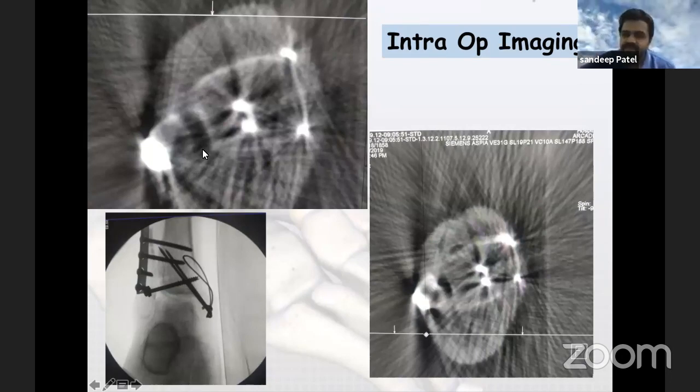So we have the facility of intraoperative CT scan, and this is an intraoperative CT scan, and we can see how congruent the syndesmotic reduction is. So this is once we achieve the syndesmotic reduction, we go in through a CT scan and confirm that the reduction is good, and then we pass two syndesmotic screws for that,